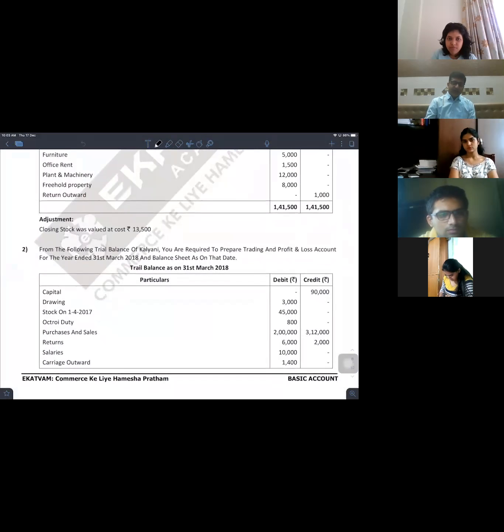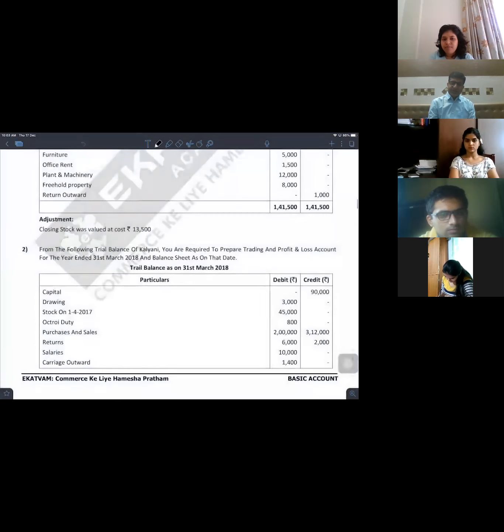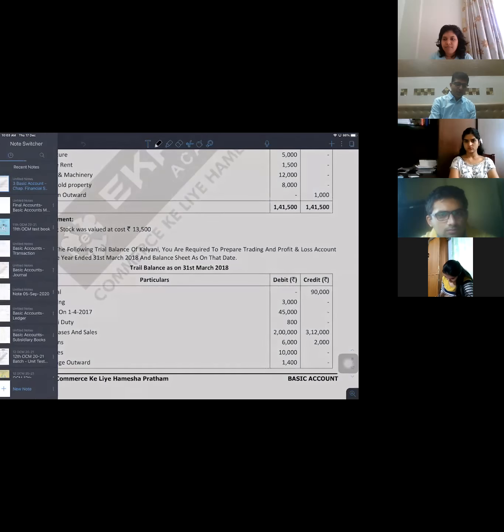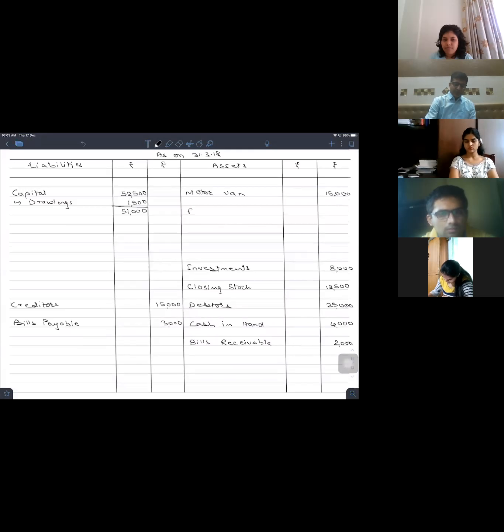Furniture, plant and machinery, freehold property, these all are our assets. Whereas office rent is our expense or not? So in the P&L account onto the debit side, to office rent rupees 1,500, whereas furniture 5,000, plant and machinery 12,000, and freehold property 8,000 will appear in the balance sheet asset side. Freehold property